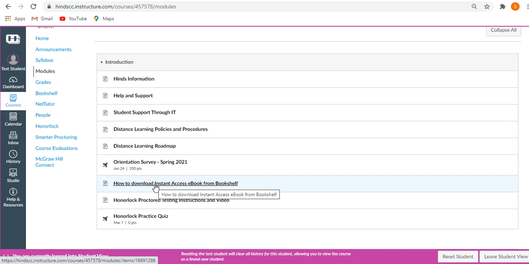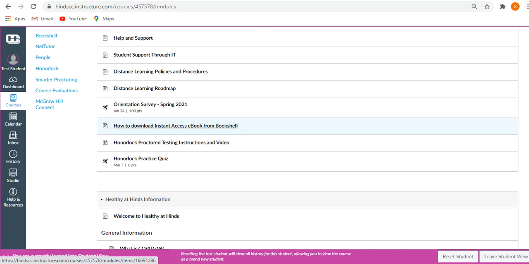So this explains that. All right, and then also on our tests, they're through an Honor Lock system that you take from your home computer, or you can go to campus. You can schedule tests through Smarter Proctoring, which I will discuss later in the semester if you want to take it on campus, but it's still taken through the system that we put in place last spring